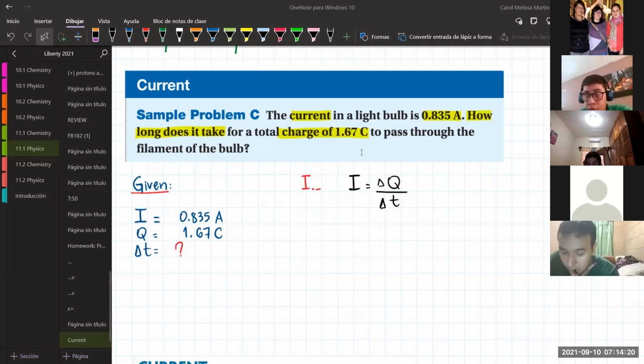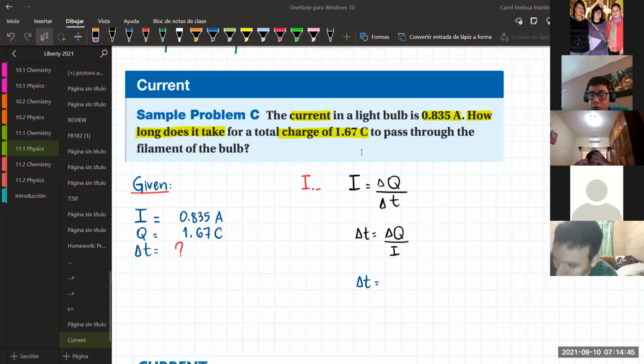The isolation will be delta T equals delta Q divided by the current. And then all we do is we substitute the charge given in